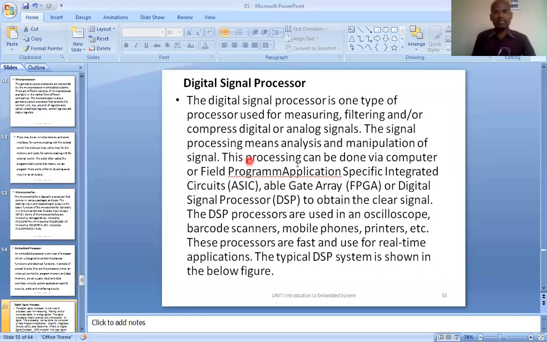Next one is the digital signal processor. Now what is this digital signal processor? It is also grouped into general purpose processors. Now where do we use digital signal processors? Generally digital signal processors are used to process signals. But in real time we use DSP processors most of the time. Real time means you are getting the signal right now and you want to process that signal. We don't store that signal for future use. We are using that signal right now.